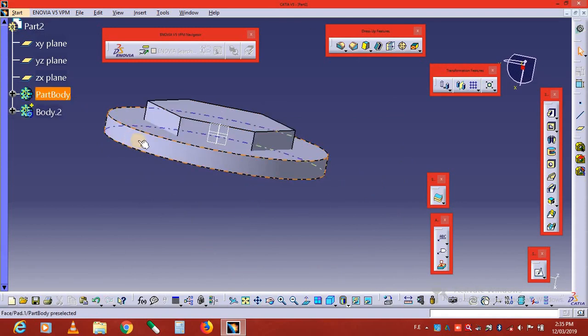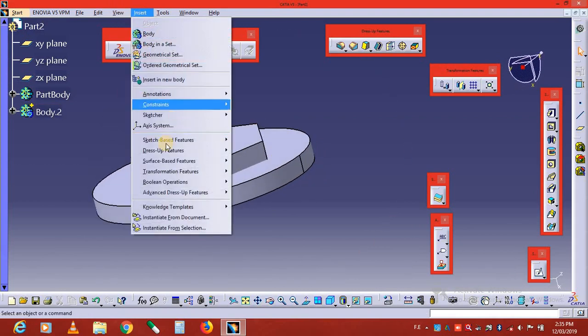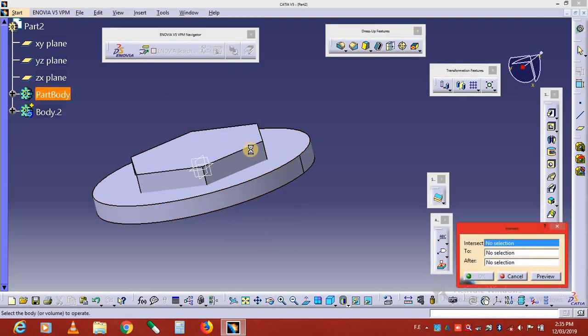So next command is go to the boolean operation, intersect, means the intersection part of these two bodies, means the 10 mm thickness part inside this part body of this hexagon is highlighted. See,